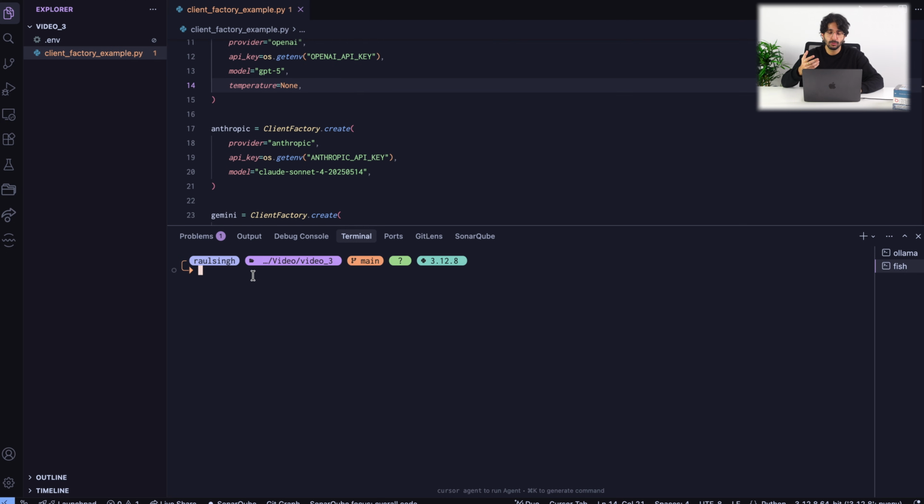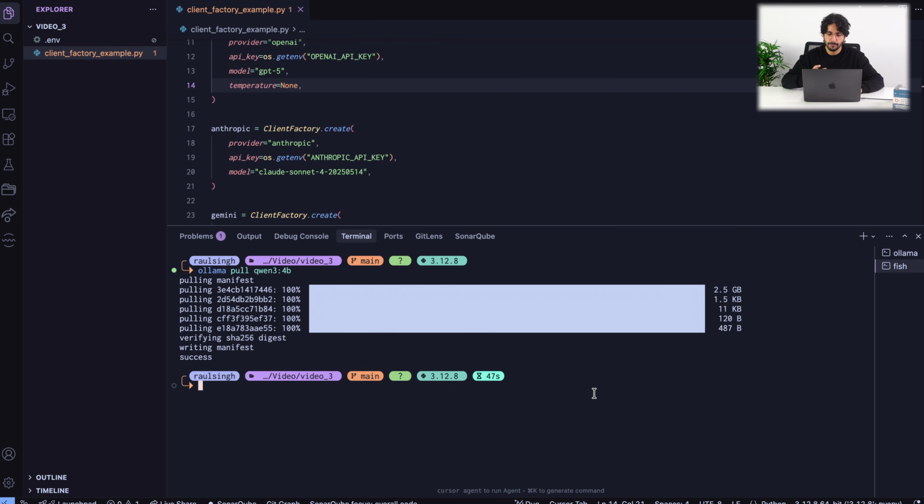If it doesn't, you can just start it with ollama serve. Now, let's say I want to download a Qwen model, the 4B variant of Qwen. So you can just do ollama pull qwen3:4b. Now Ollama will download our model and put it on our device. This may be a lengthy process depending on how big the model you are downloading is. Okay, now that I have the model, I need to do one additional step.